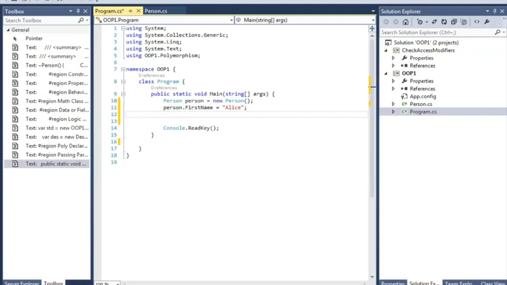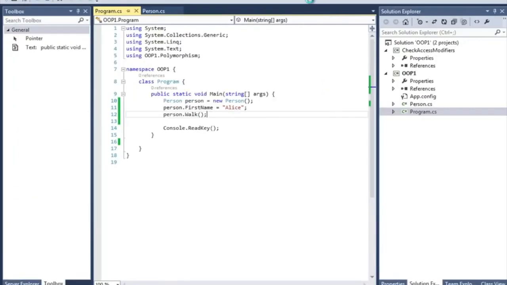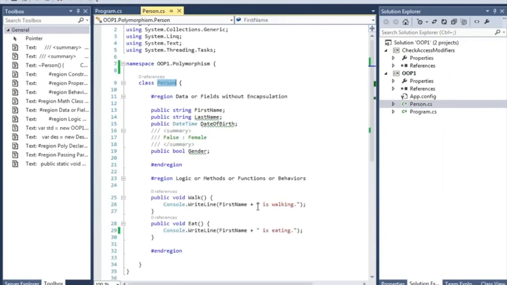For now that's it. And let's say that I tell my person to walk, and let's see what's happening. Elias is walking. It happens like this because I have a Console.WriteLine method in the walk method. As you can see, it's very simple, nothing complex here.